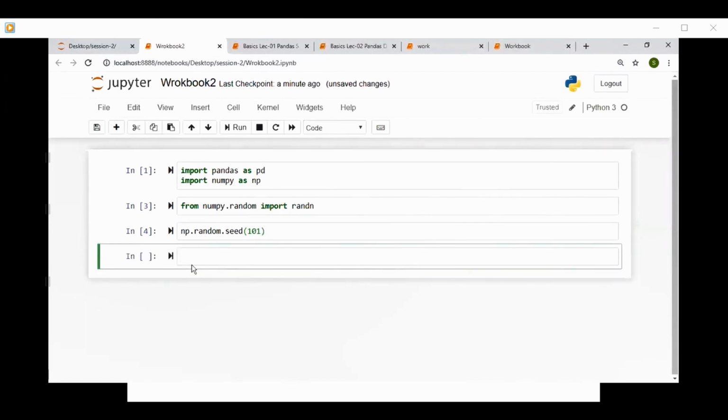Why did I include this line? So that you can get the same random numbers as mine. Okay. So let's create a data frame now.